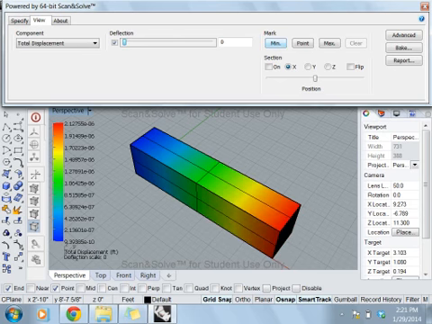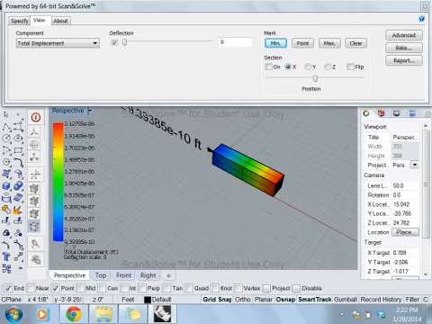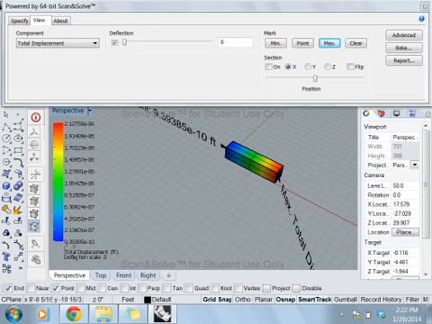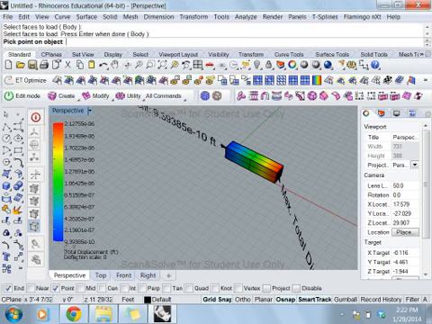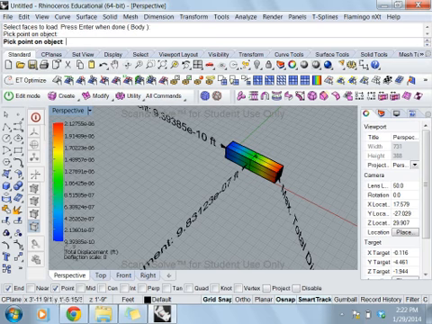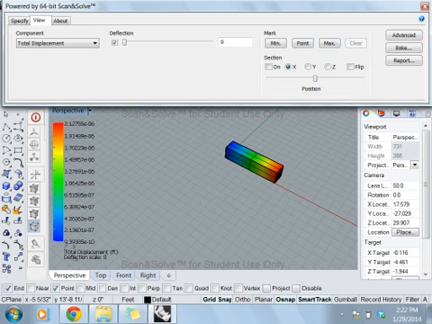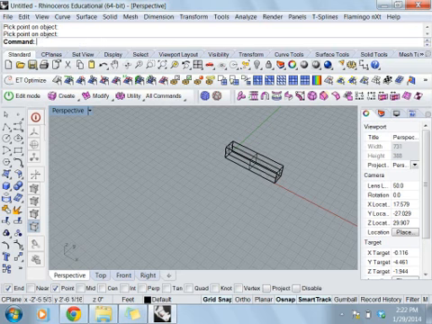Mark is going to tell you where the minimum and maximum stresses are, so if you just press minimum, it'll show you. There's our minimum deflection, maximum, here's your total maximum. And then point is you can choose any point on your object, you can do the middle here. Press enter to come back, and then clear just clears it all up. Section, we can turn that on, and that's going to allow you